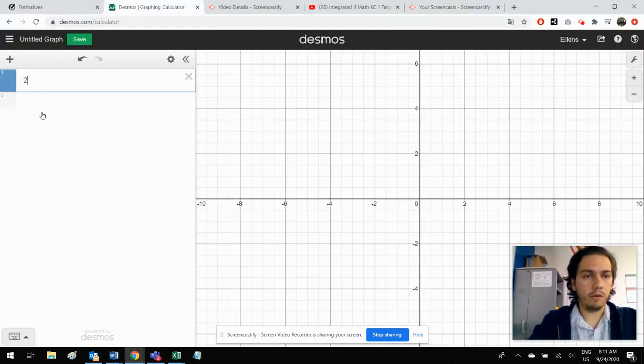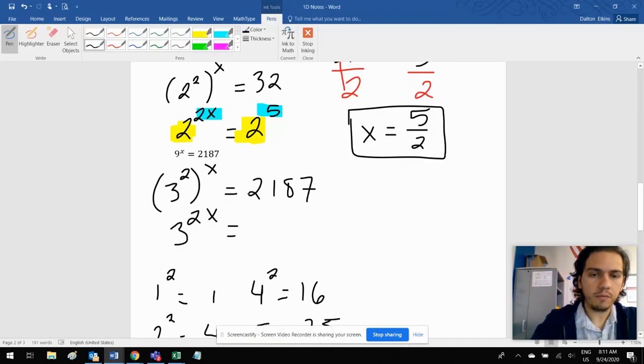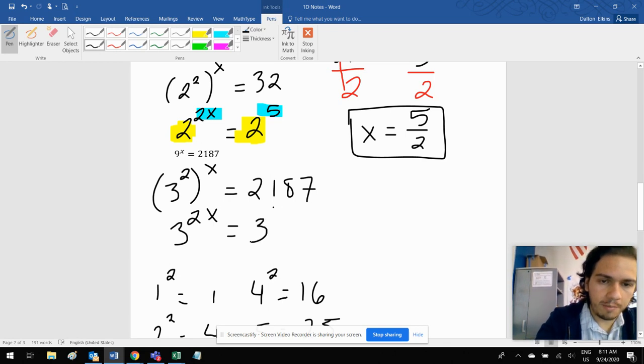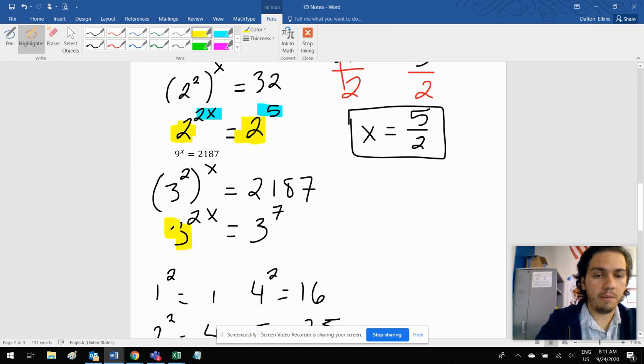So let's go to Desmos. Let's start trying some numbers. Remember, 3 to the power 2 is 9. So we'll keep trying. We're getting there, right? We're getting close. We're in the thousands we need to be. There it is. Perfect. Okay, 2187. So 3 to the power 7 is 2,187. This is 3 to the power 7. Beautiful. So here we have the exact same base,